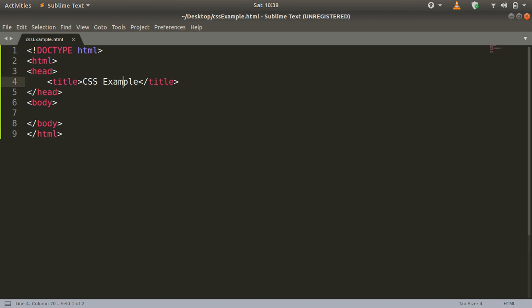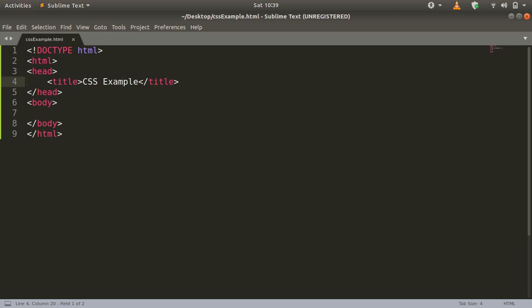Welcome back. So from now onwards we are going to start the CSS section of this course. Today we are not going to write any code, but we are just going to have a brief overview of what CSS is and why we have to use CSS. As you all are aware, CSS means cascading style sheet. What it actually does is it allows our web page to look nicer and to design our web page.